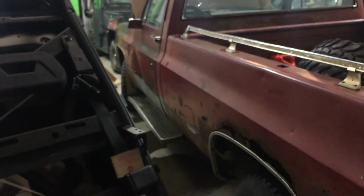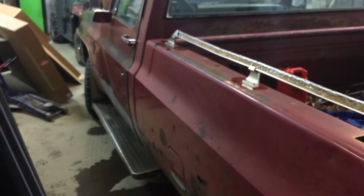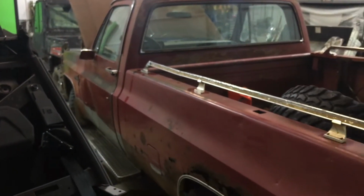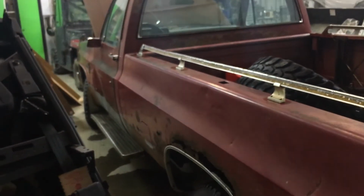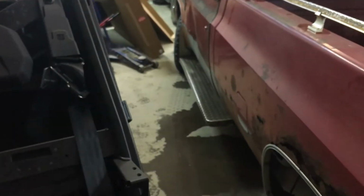I'm just happy it wasn't near the high point of what he quoted me though, because if it would have been close to that and I'd have got this quality, there'd have been a good bitching going on, because I still feel like I took a little bit, but I mean, hell, I know you got to pay for a tube bender and shit, but damn,